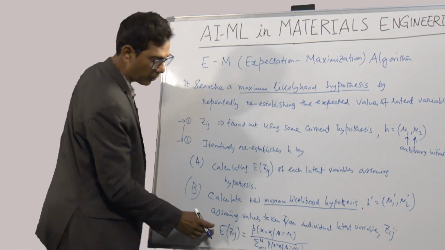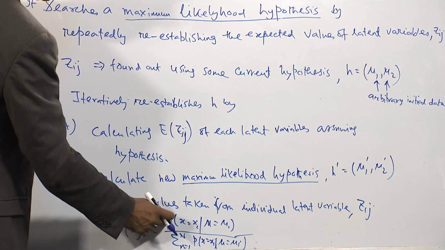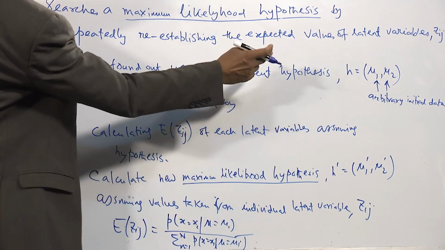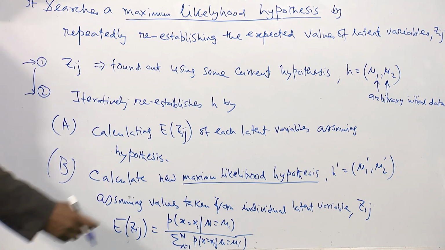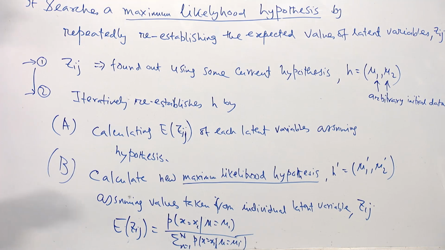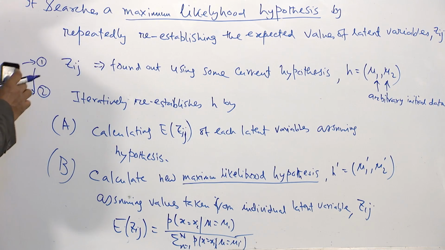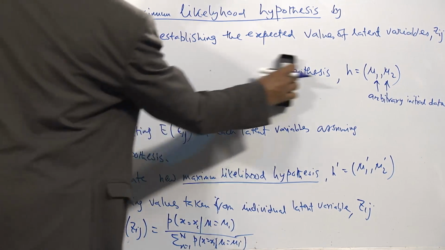So, here you are calculating the probability, remember expectation, probability of this point x is equal to x i satisfying the current hypothesis, divided by the total probability, because you can have many current hypotheses possible, right. So, this is the main aspect of this algorithm. Now, we can convert this equation to a normal distribution. E j can be converted to a normal distribution function very easily if you want. So, I can actually do that. Let us remove this point here.